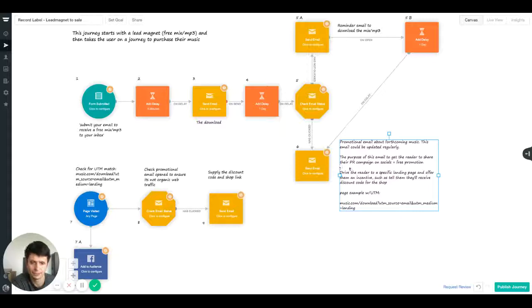Okay. So no one is going to share your stuff without an incentive, unless they're a complete super fan, and you know you always get one who goes overboard and messages 100 times a day and so on. So we want to drive them to a landing page and say, if you share this, I will give you this. Okay. So they would share whatever is on the landing page,